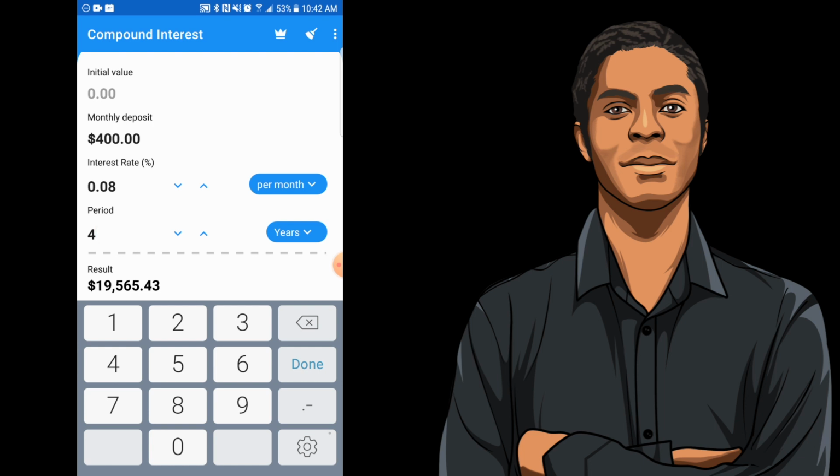And this is if you're just a little aggressive. You can get more aggressive. Let's just step it up a notch and say you want to put $500 per month. And that just means $125 per week. So $500. And that boosts the results up to $24,456. That's obviously enough for a down payment on a $100,000 house.